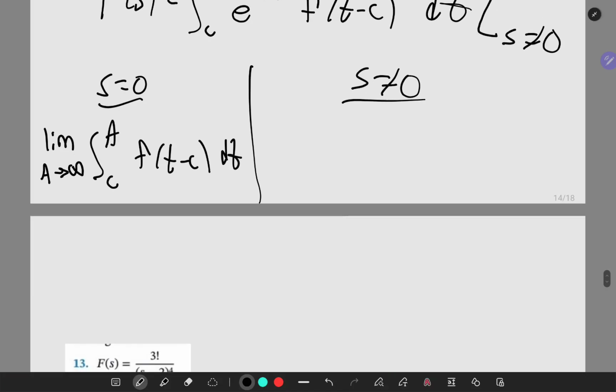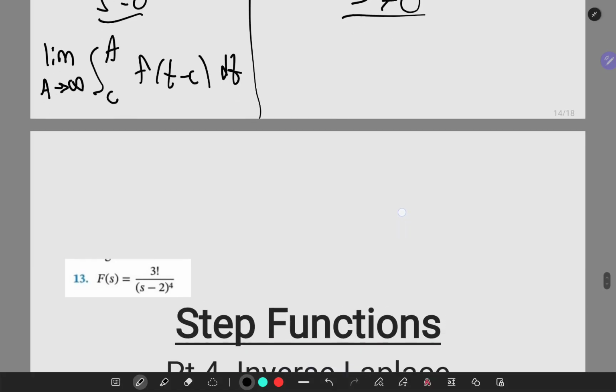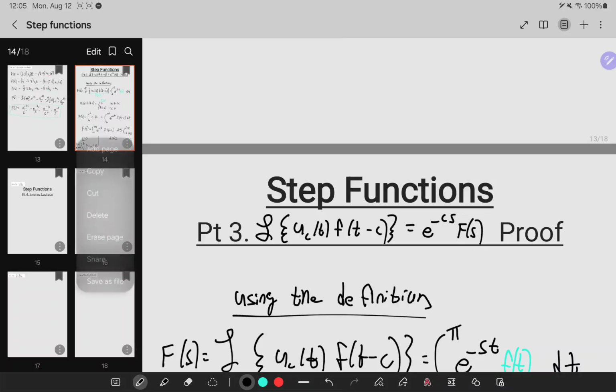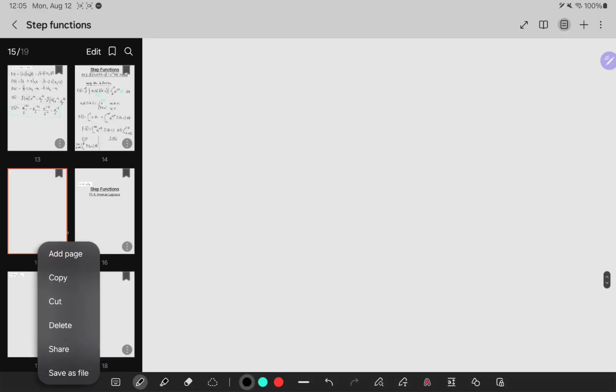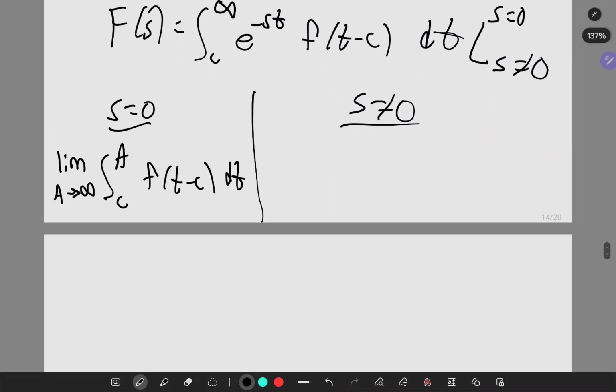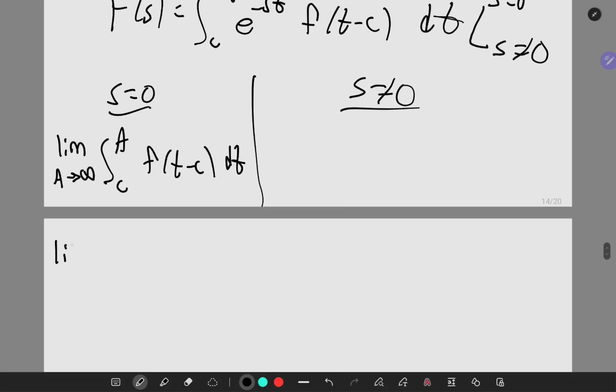If we integrate that, that's just a function times, well, the integral of f(t) is just f(t). Yeah. Now let me add a page here. The integral of that is just f(t − c). So we have